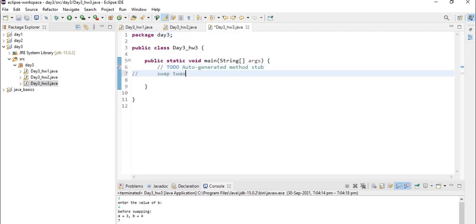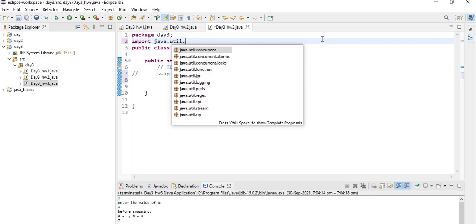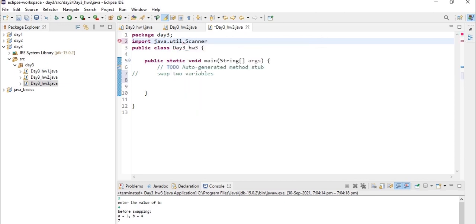Swap two variables. First we need to import the Scanner class, which is available in the util package, to take the input from the user. So let's import java.util.Scanner, and make sure that the Scanner's S is a capital letter.